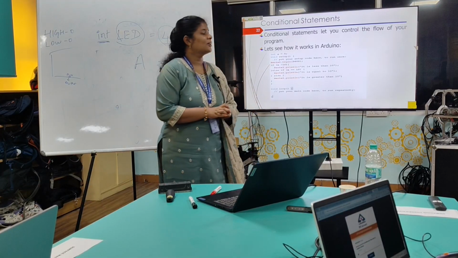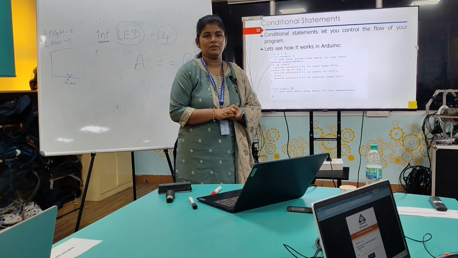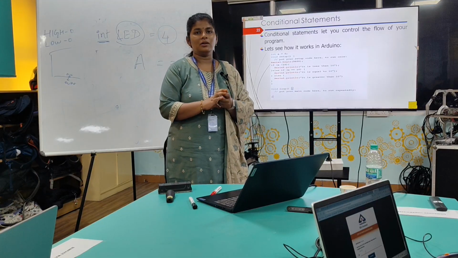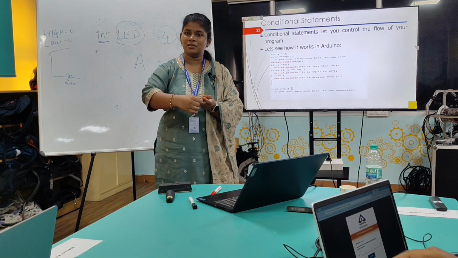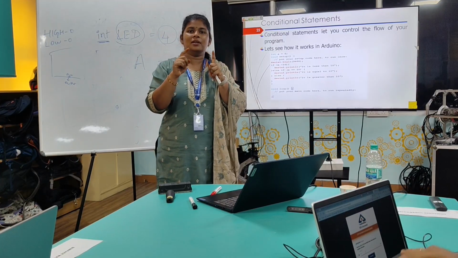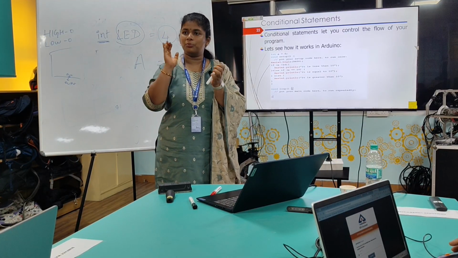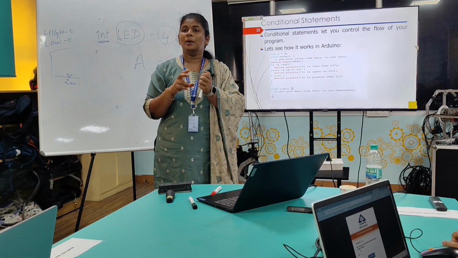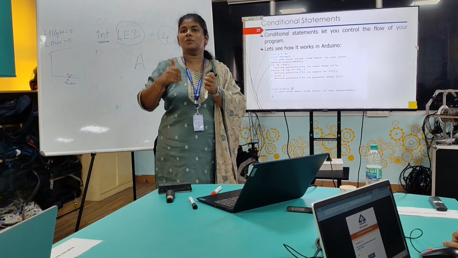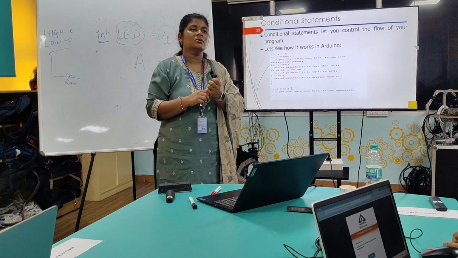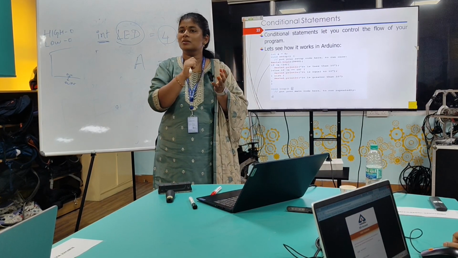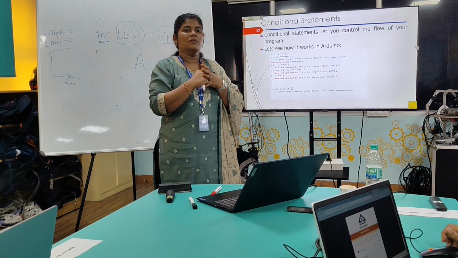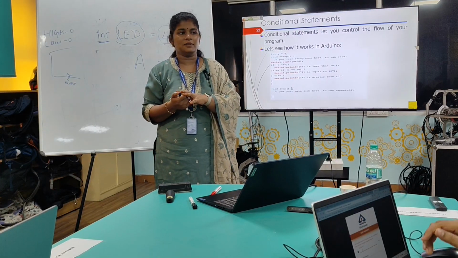So now we'll talk about the conditional statements and loops, because when we are talking about programming your microcontroller for multiple tasks, everything won't just fit into that void loop function. We are going to write everything in that, but it cannot be just a sequence of instructions. So to take advantage of the previously existing syntax on conditional statements and loops, we can do the same thing over here as well.